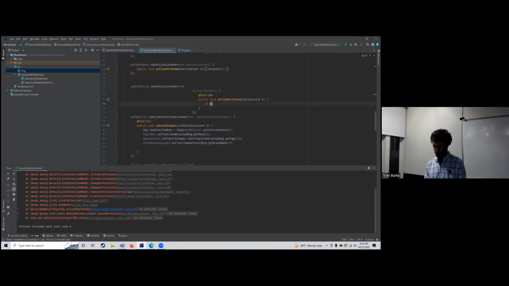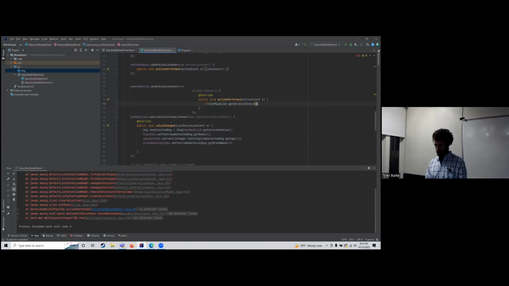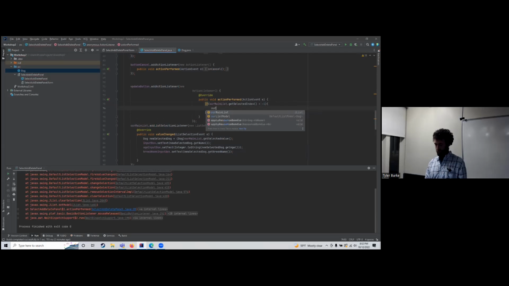If our main list dot get selected index is greater than -1, our main list dot, we're going to pull this dog stuff as well, and our main list dot get selected index,